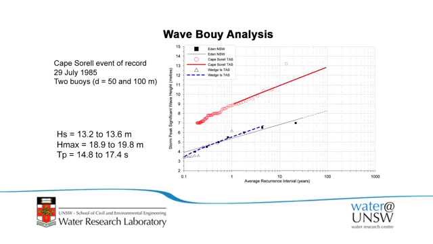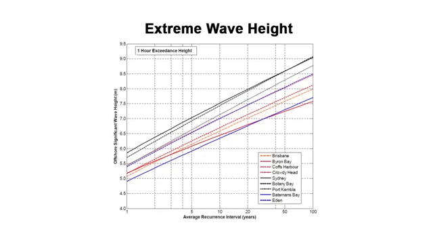And then you have to bring those waves to the shore. That's what they are in the deep ocean, but then those waves will transform through a range of processes and break, and they'll be smaller by the time they hit the shore. Here's a few examples from a whole lot of buoys up and down the east coast of Australia, and this is basically average recurrence interval from 1 year out to 100